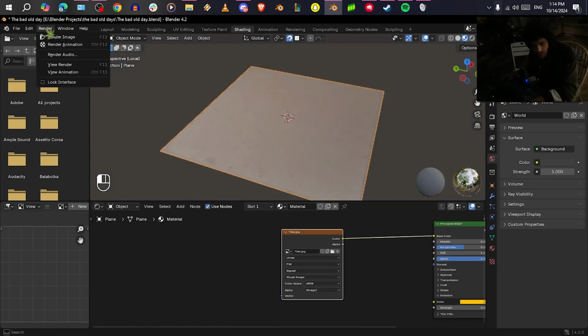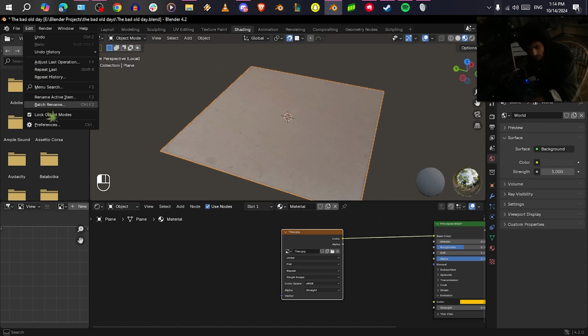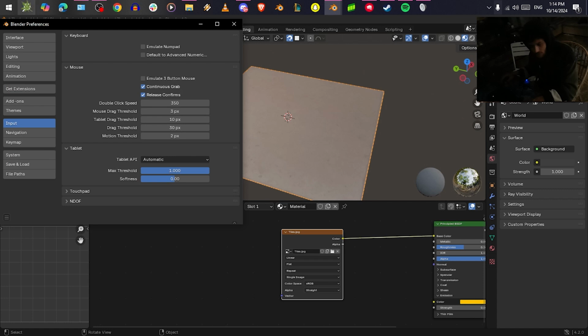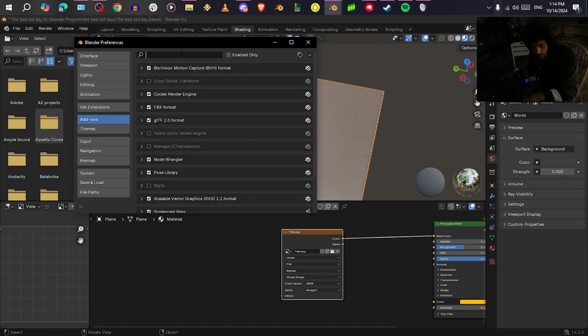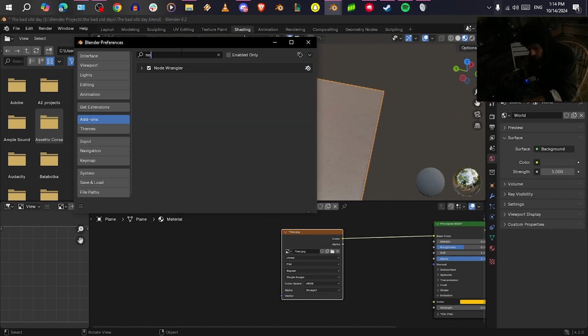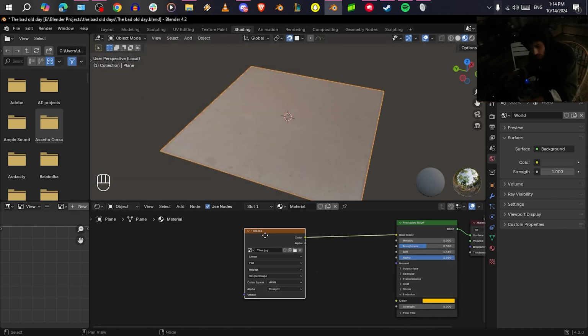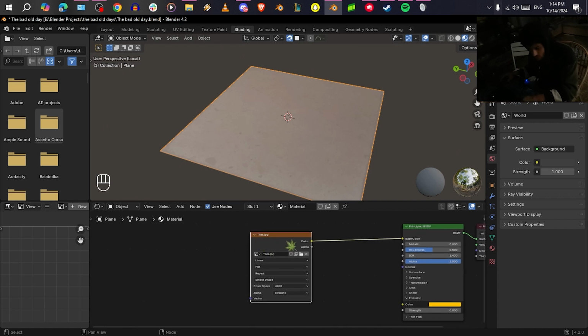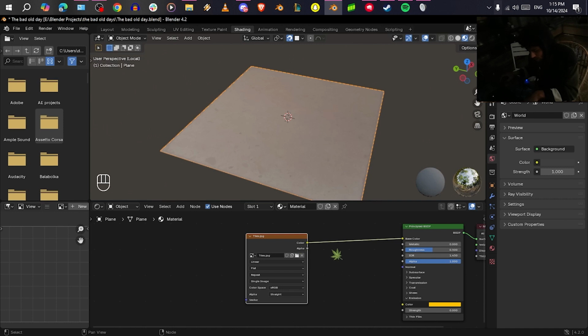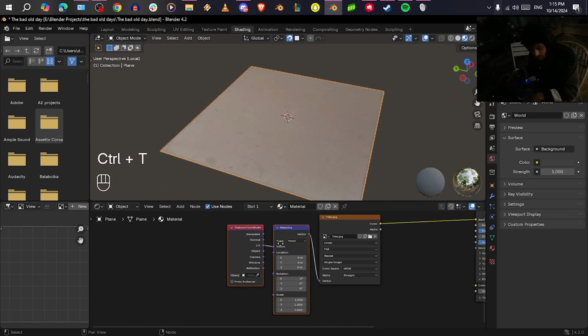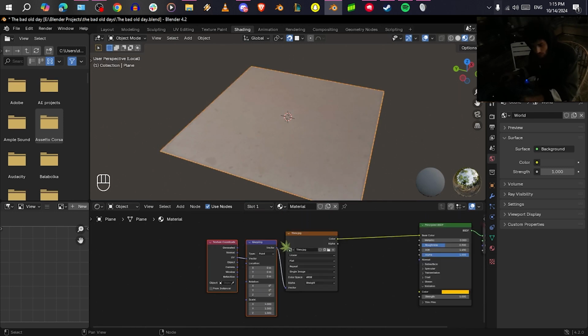Also there is something here that I need you to enable, because it will help you a lot in the shading editor, which is this window. It's called Node Wrangler. You can enable it from the add-ons, Node Wrangler. Yeah, hit this checkbox so that you can enable it. What does this actually do? When you select the last node here and hit Control T, you will get this thing right here,